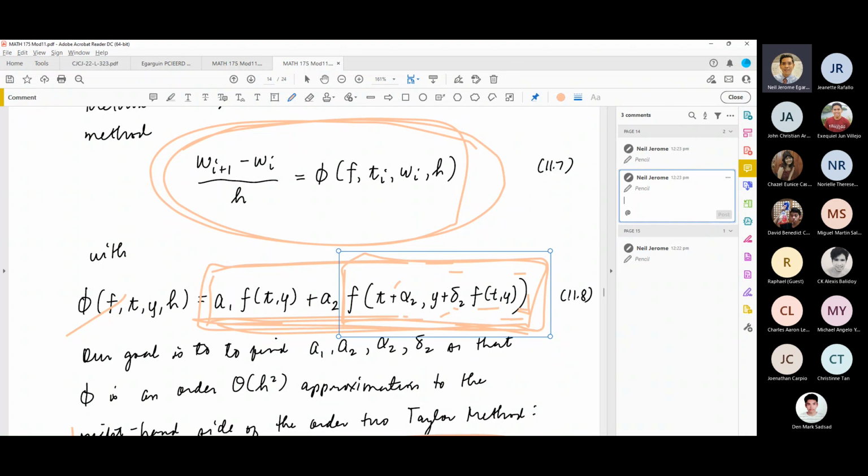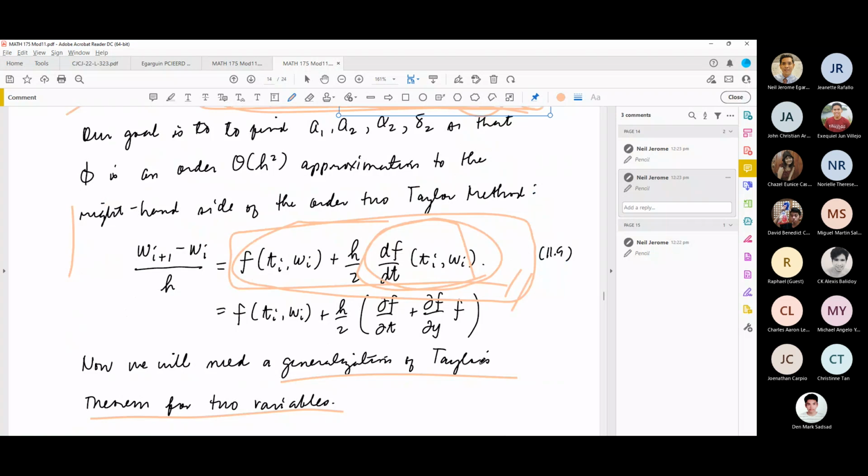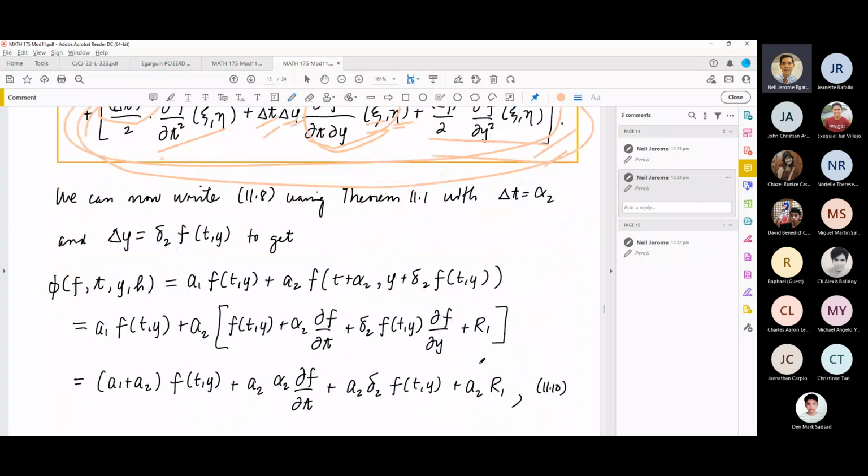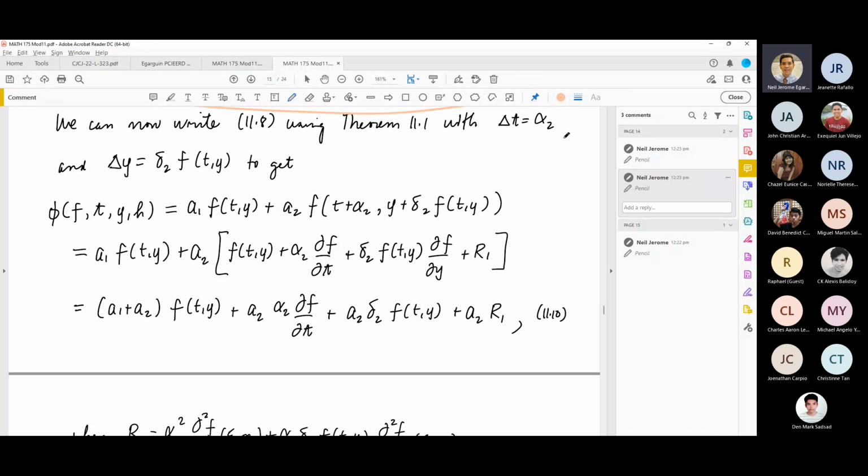Okay? Remember yung Taylor's theorem, ang left-hand side niya ay f plus delta t. So gagawin ko lang, si lambda 2, siya yung gagamitin kong delta t sa theorem 11.1. Tapos yung delta y ng theorem 11.1, gagamitin ko ay delta 2 times f of ty. Alright? So that I'll get an expansion for phi. So, balikan ko siya dito. So, here we go. Ginamit ko lang ito at saka ito, plug in sa Taylor's formula,